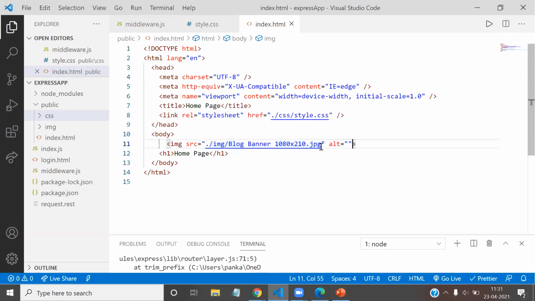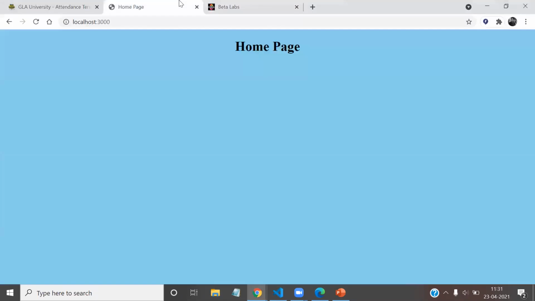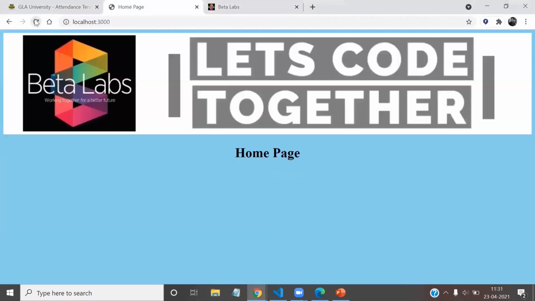Now let me set the width equal to 100%. So let me open the home page, and see, now we will get the image on the home page. So whenever we access the home route, it will send the static resource, and the static resource is the index.html.